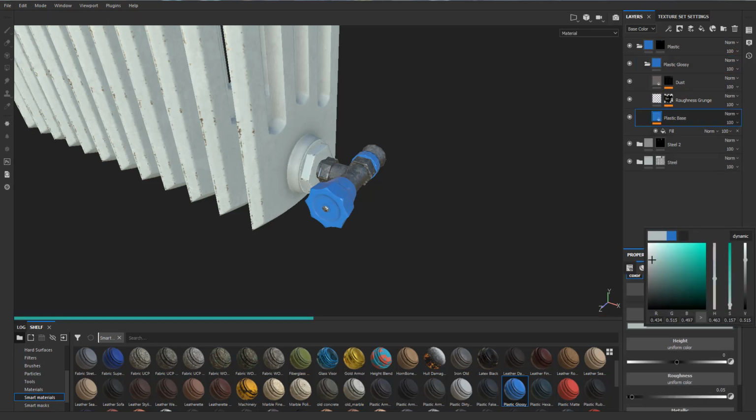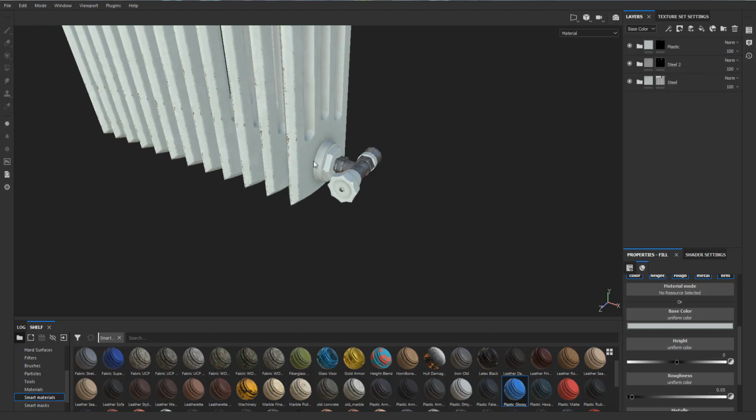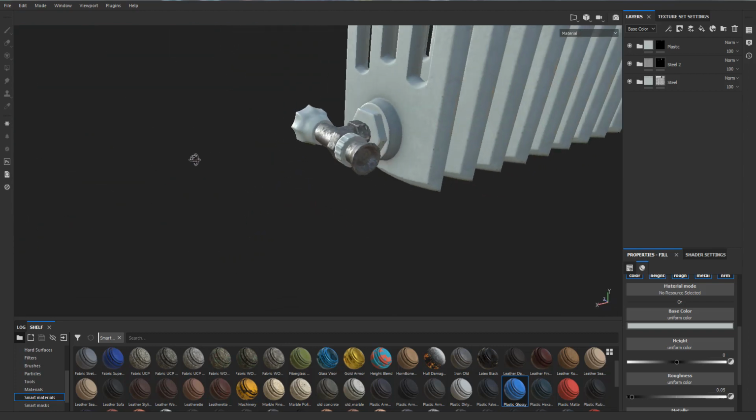We're gonna change the colors a little bit. We're gonna go with something white. Even though it does not look very different, but